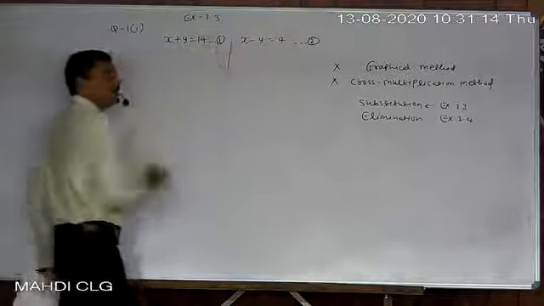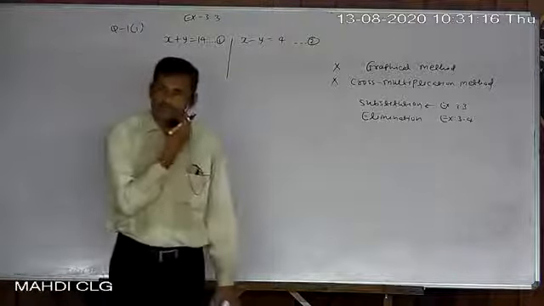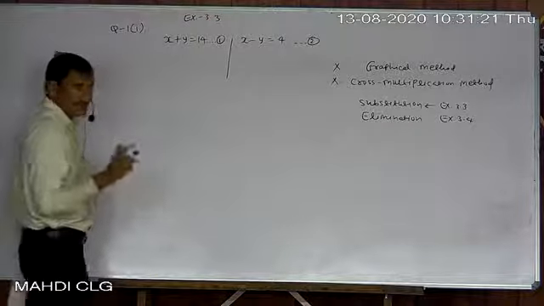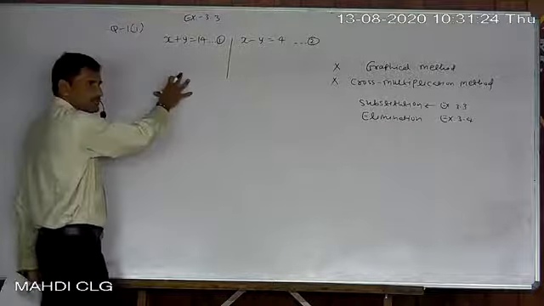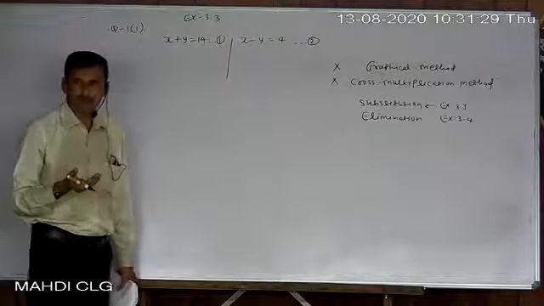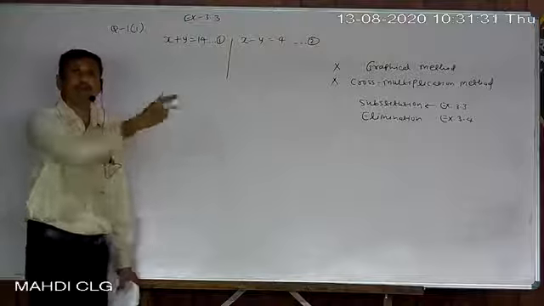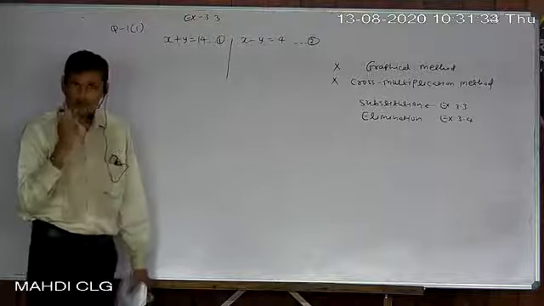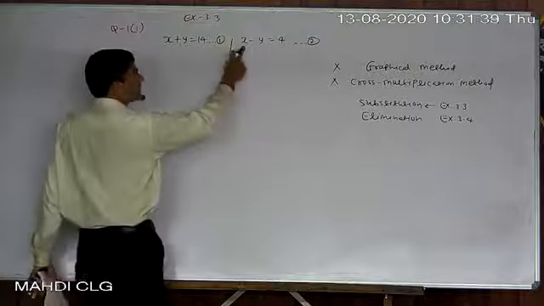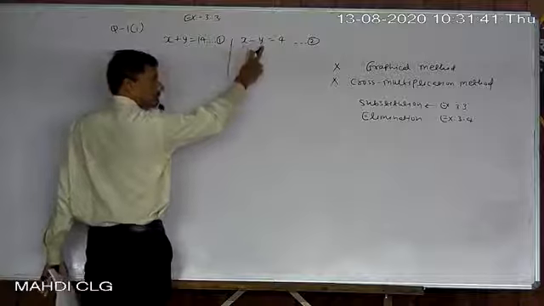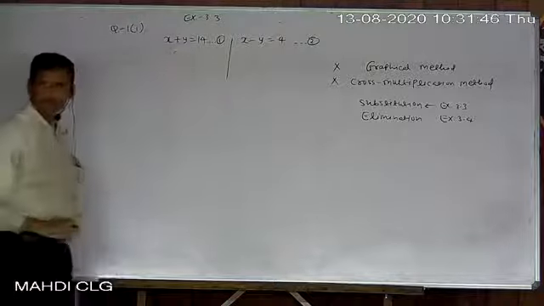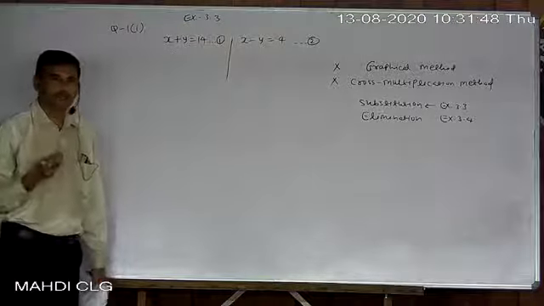Now what to do? Make an equation of any one variable, which means make any one variable the subject from any one equation. Again, the substitution method is nothing but getting an equation of any one variable from any one equation and substituting its value in the other one. So there are four ways, not four methods. The method is the same, four ways. Either you can make x the subject from here, otherwise y from here, otherwise x from here, otherwise y from here. So there are four ways.